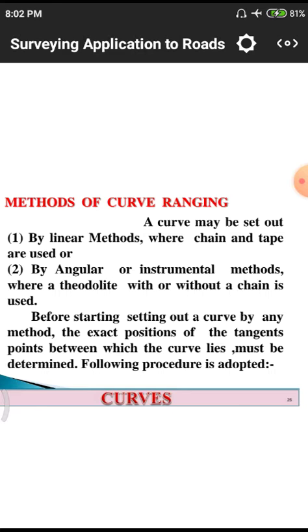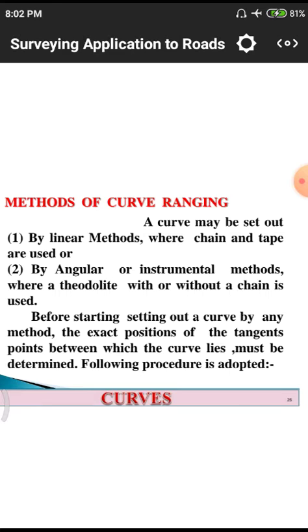Linear method means simply drawing normal lines and connecting them, and after that we have to use some trigonometrical principles. By using those principles, we calculate the length of the line. Normally if it is a triangle, side square plus side square equals hypotenuse square. Likewise, by using simple equations in trigonometry, we calculate the length of the curve by linear measurements, where chain and tape are used for calculating these lengths and widths.